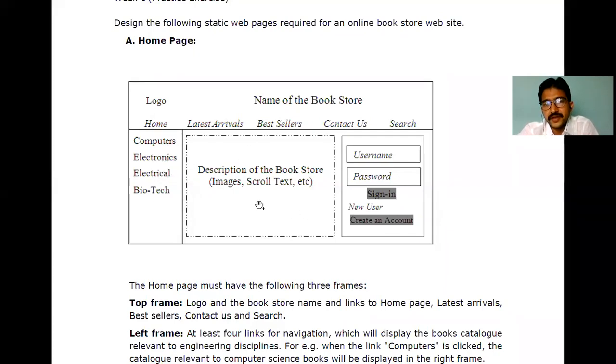And in the third frame, we have a shaded or solid rectangle box, and inside the solid rectangle box with a dashed line, we have a description of the bookstore. In this description, you can add text, you can add an image, you can add scroll text or anything over here.